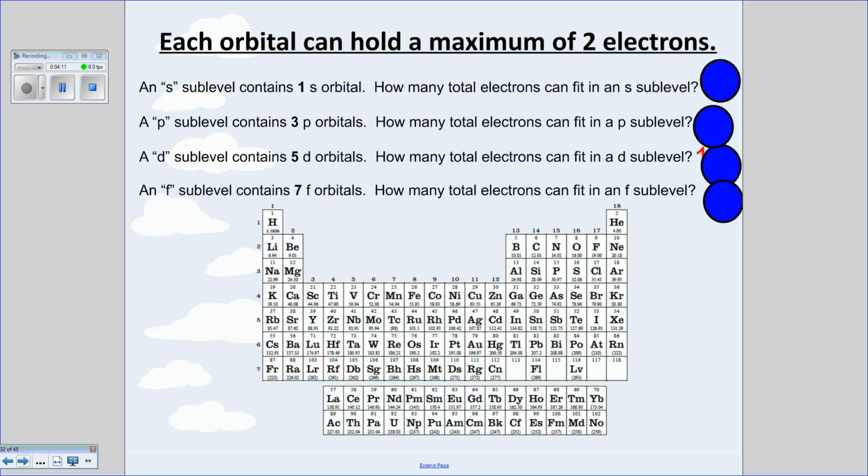So each orbital can hold a maximum of 2 electrons. This is sort of like a golden rule. Do not forget it, okay? It's never going to be 3. It's always going to be a maximum of 2. And each of these